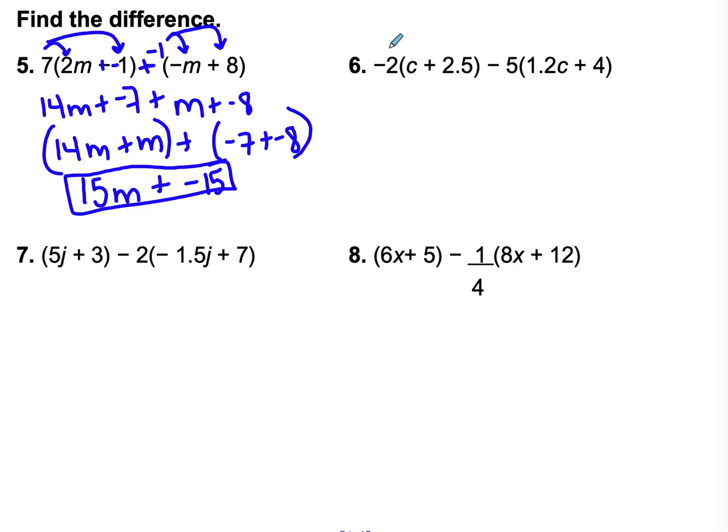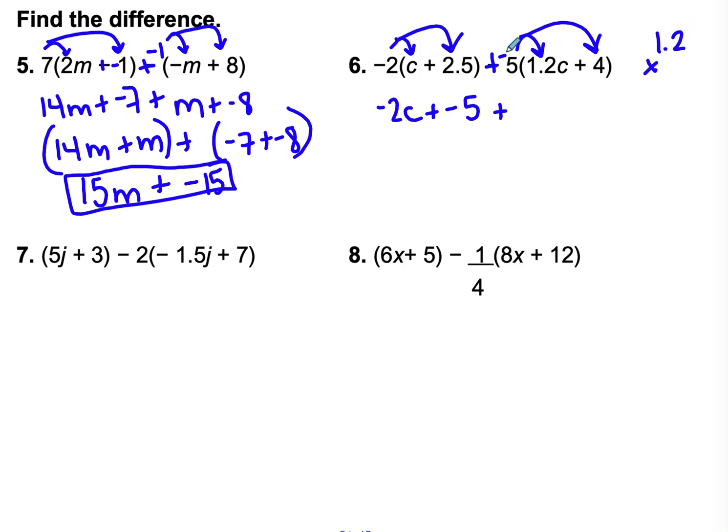All right, so this one I need to do distributive for both parts. Boom, boom, that's a negative 5. On that one I'm multiplying. Negative 2 times c is negative 2c. Negative 2 times 2.5 is negative 5. Negative 5 times 1.2c. Now, if I don't know that one off the top of my head, and you might,